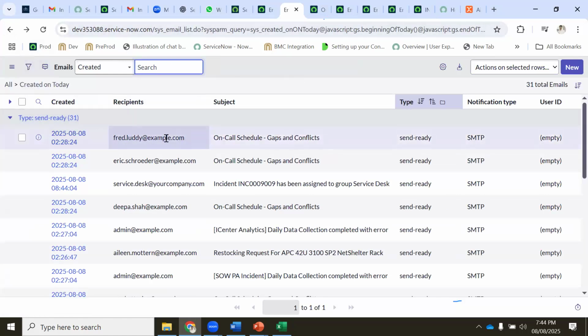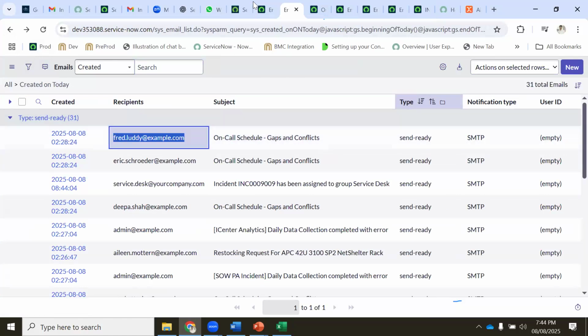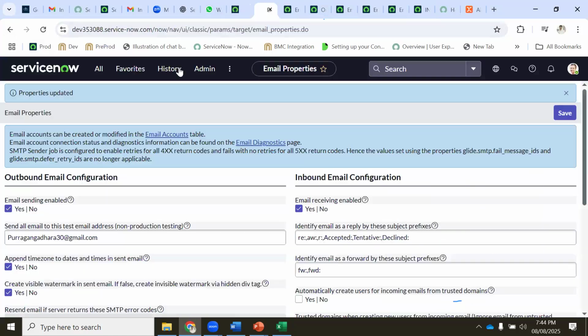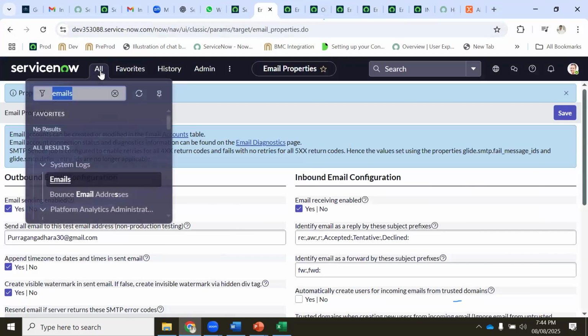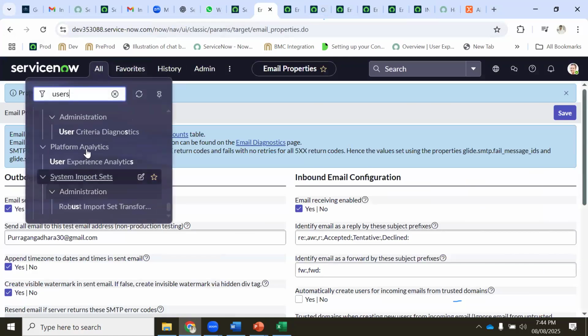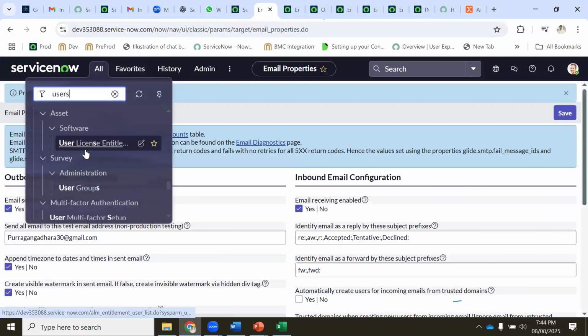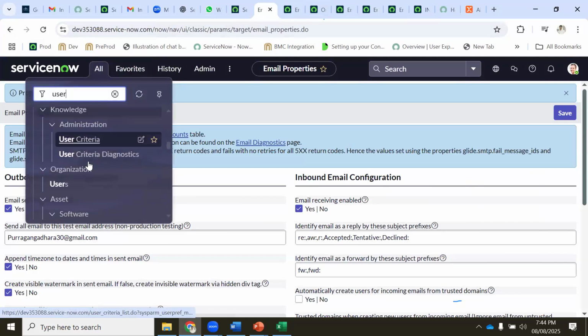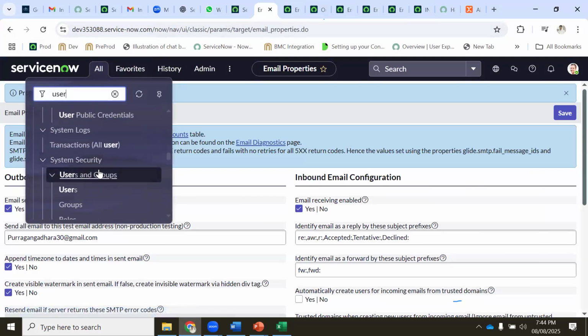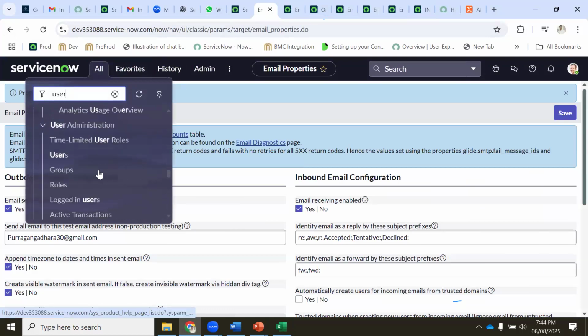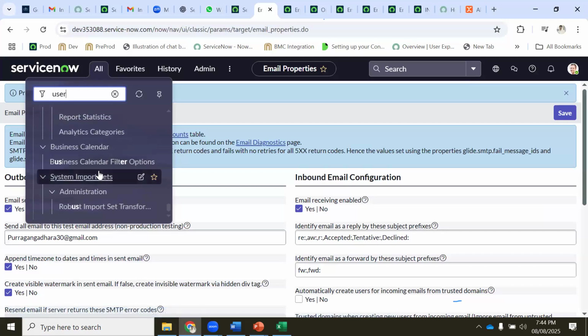Maybe Frederick. We will configure Frederick's email ID. Users. System, under system somewhere it will be users.